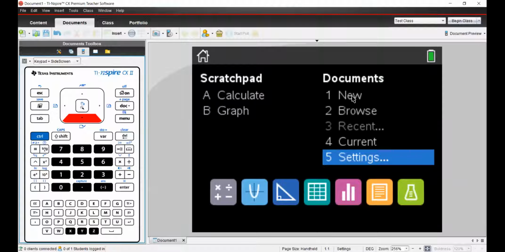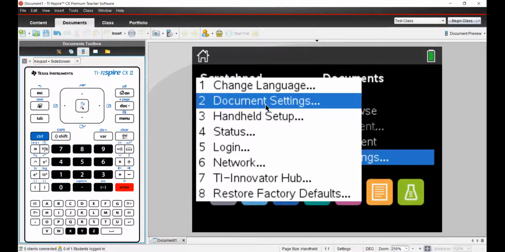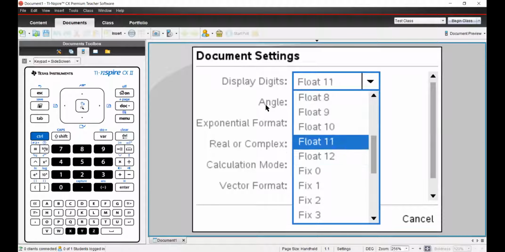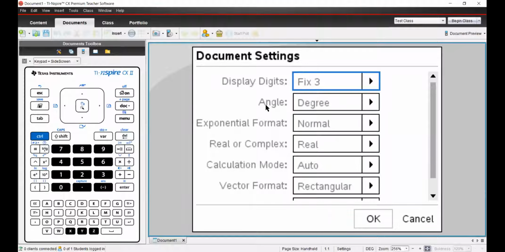If you want to change any setting of any document, you can just go to number 5 and click enter. You can change the document setting as well. In the document setting, you can change the display digits, like any fix or any float. Float means the significant figures and fix means the decimal places. Then you can change the angle from degree to radian from here.